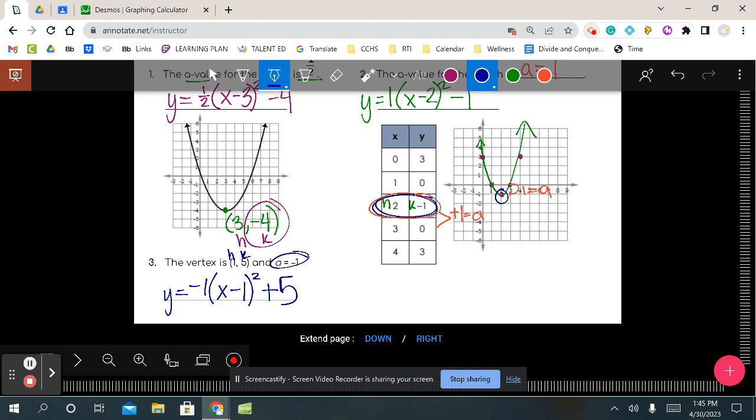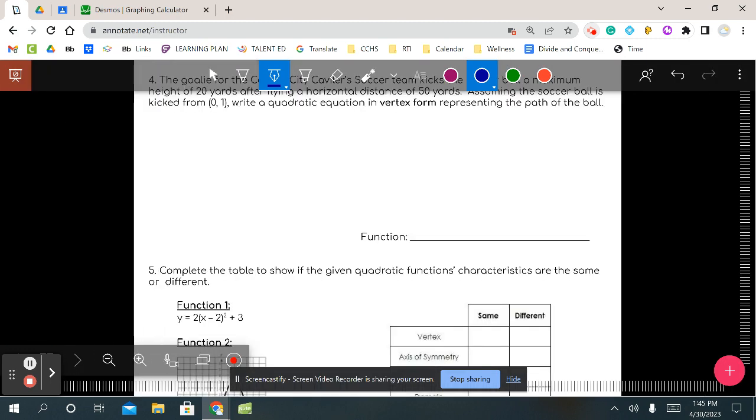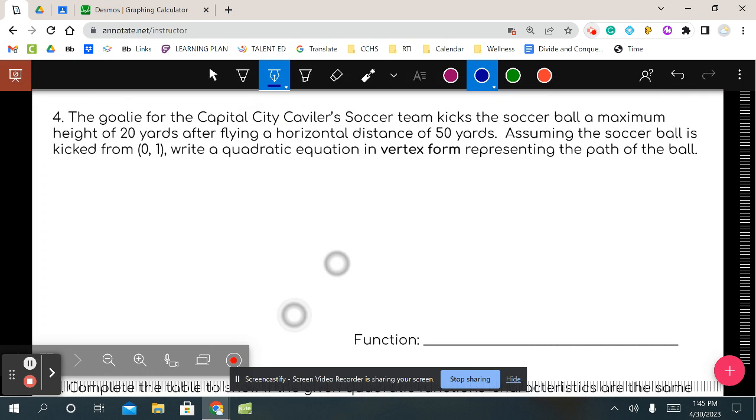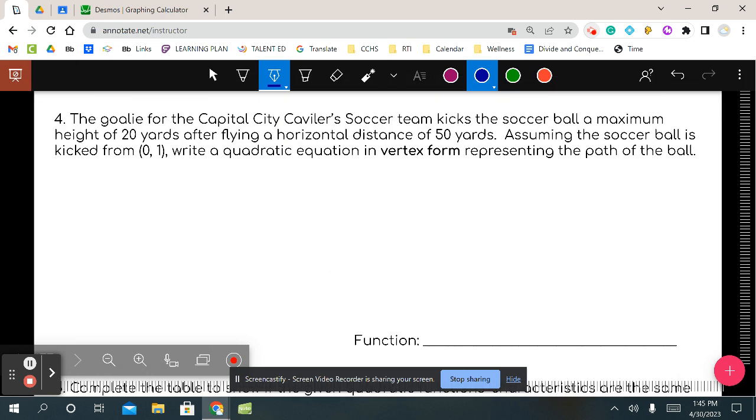Okay, let's go to the next page. So this first one is taking into account our word problem. It says the goalie for the Capital Cavaliers soccer team kicks the ball a maximum height of 20 yards, so max height of 20 yards after flying a horizontal distance of 50 yards. Assuming the soccer ball is kicked from (0, 1), write a quadratic equation in vertex form representing the path of